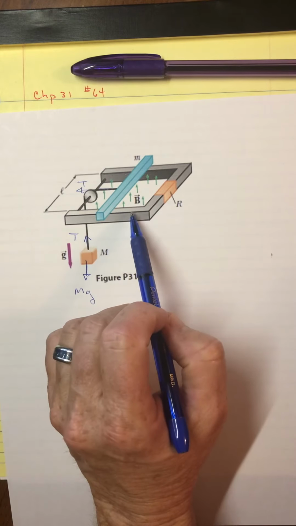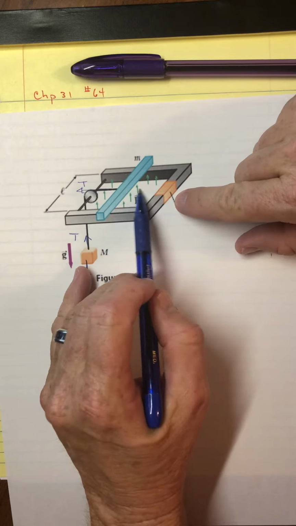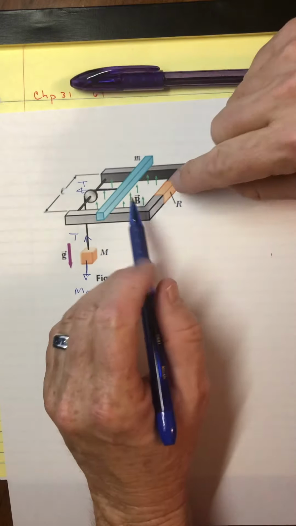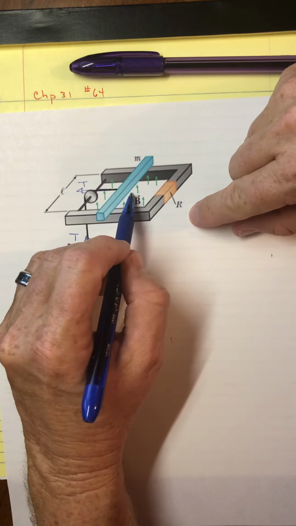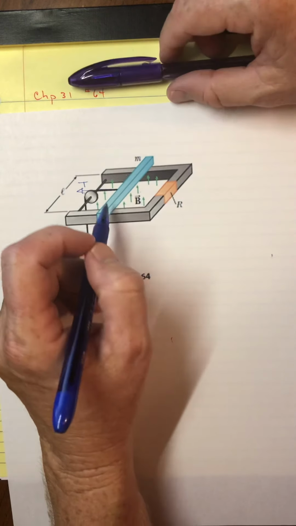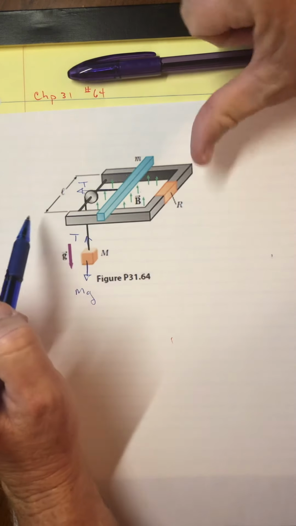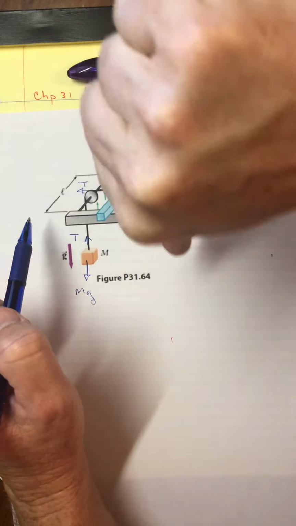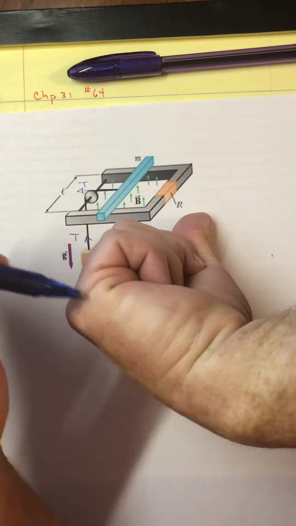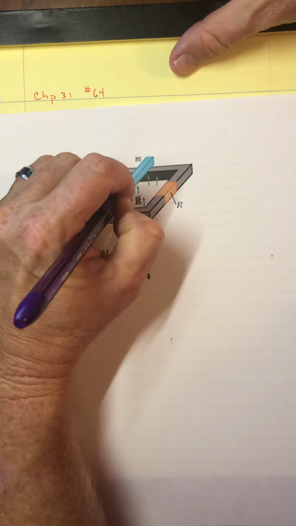So let's figure out which way the current is. Here's the conceptual side: as this bar is moved, there's more flux, and therefore a change in flux. Lenz's law says it opposes the change. So as the bar moves to the left here, this more flux means that the secondary flux, the flux made from this secondary one, is going to make it go down to oppose the change. So if I point my thumb down and take a look at my fingers go around in a clockwise direction, there would be a current